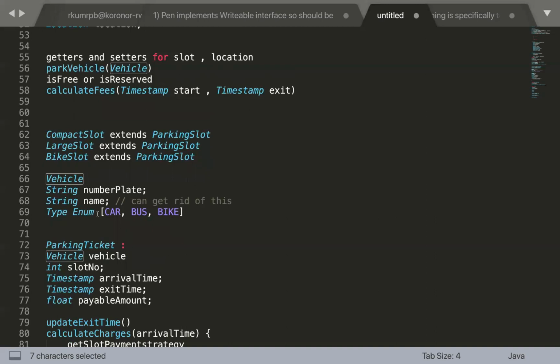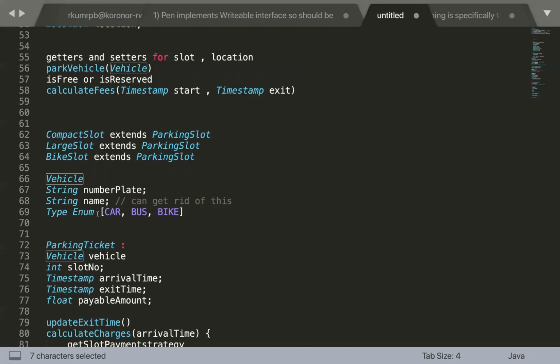Doesn't make sense. So this requirement should be clearly discussed. And if there are some use cases, it will be specifically listed that you need some analysis over the color, because I have seen an L&D question where it was specifically mentioned that the analysis should happen on the color as well, that how many red color cars are there in the garage parking lot. So in that case, you need to take that entity, have those attributes.